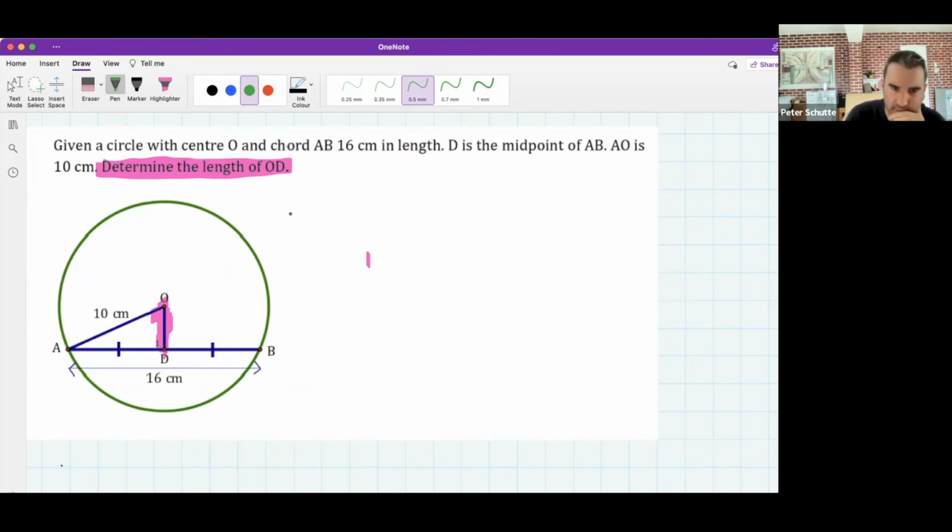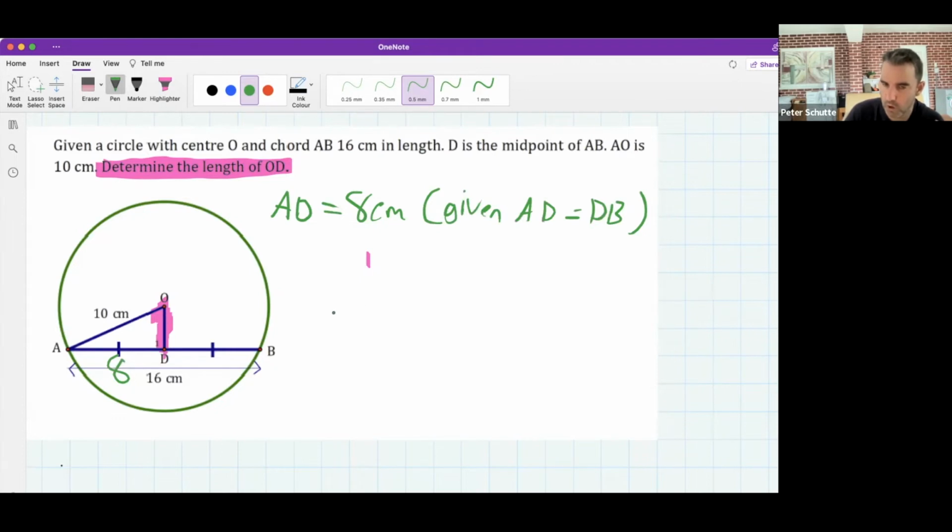So I was thinking, you know what AB is, so then you know that AD is going to be equal to 8 centimeters, because it's given that AD equals DB, or some equivalent of that. So you know this is 8. And then using the theorem of Pythagoras, you can do it the long way, or recognize that it is